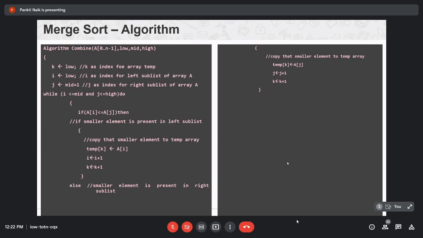Until when will this happen? Until your I is less than or equal to mid and J is less than or equal to high. It means until all the elements of the left sublist and right sublist are traced, this procedure continues. So after this procedure, if your I is greater than mid and J is greater than high, and still there are some elements remaining in your left sublist or right sublist,